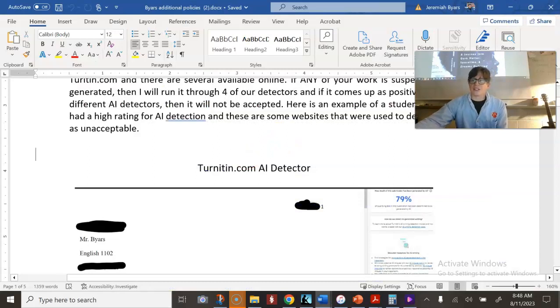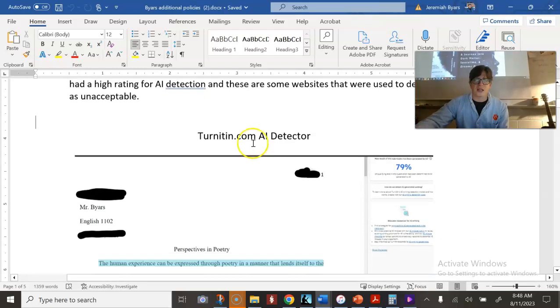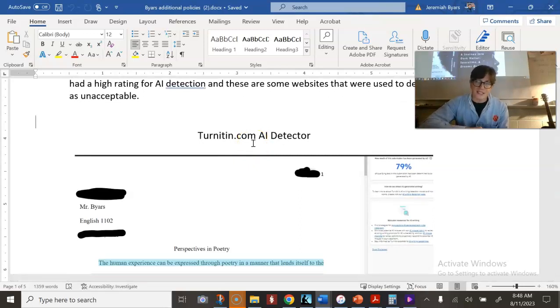If I detect that you're using AI for anything, classwork or papers, then I will run it through an AI detector. AI detectors essentially do reverse analysis. AI uses algorithms to generate its text. So through reverse analysis, an algorithm that was used can essentially be detected. The thing about algorithms is that they're consistent. Humans are not consistent.